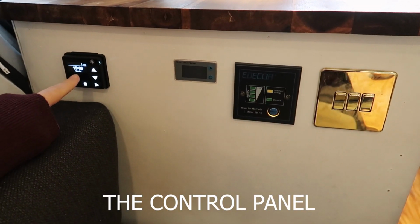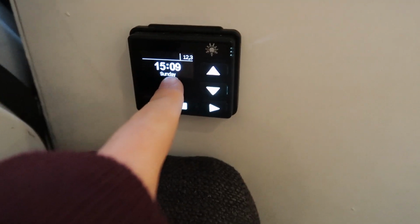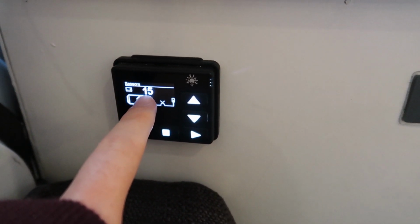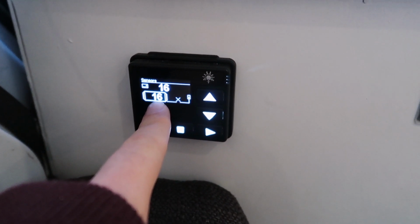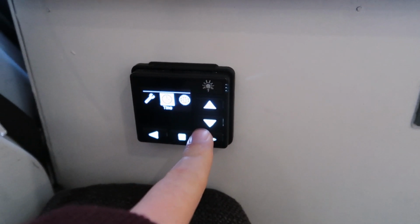So this is the controller for our heating unit. It's with all our other control panels, and on the unit it can tell you the time, day and the battery voltage. You can also push the up button and then it tells you the temperature of the control panel display and the temperature of the heater, which is 16 and 16 degrees. Going across you can set a